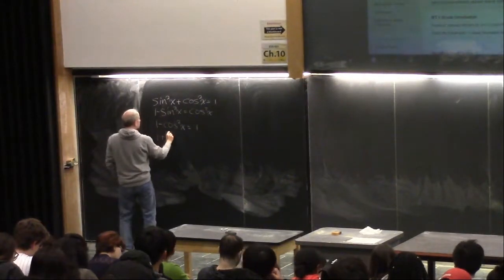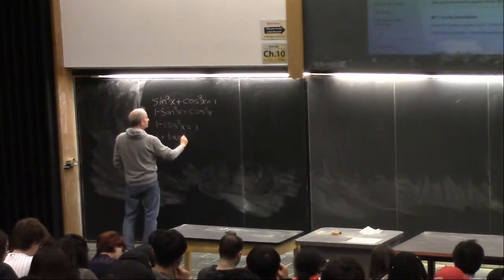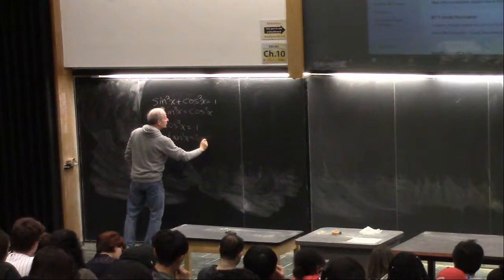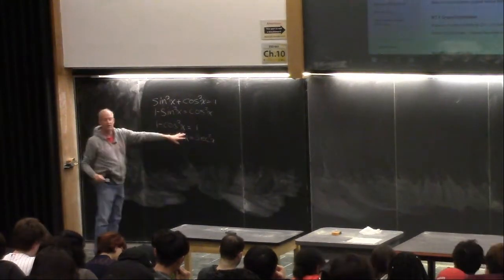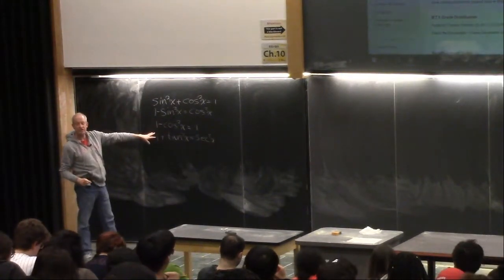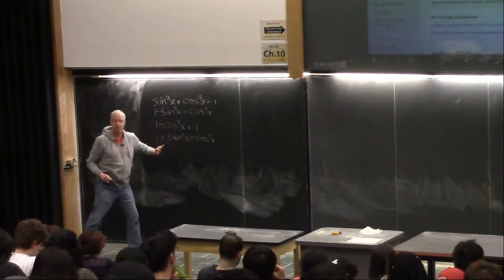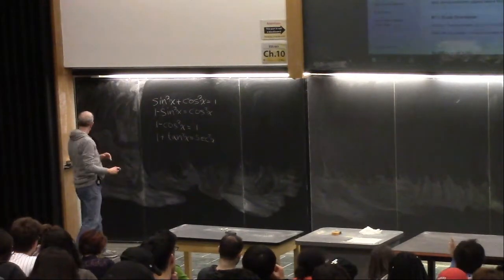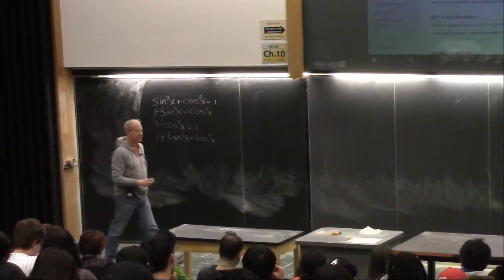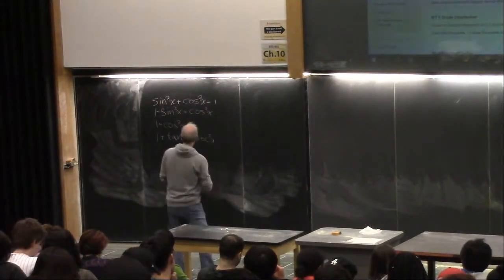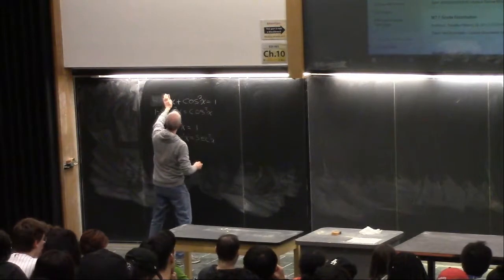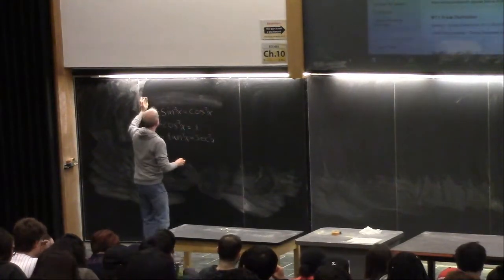Furthermore, 1 plus tangent squared x equals secant squared x. So if you see secant squared, you can replace it with 1 plus tangent squared. If you see tangent squared, you can replace it with secant squared x minus 1. We're actually not really going to need that top one, so I'm going to save that space. You can have it in your notes, but it doesn't matter.